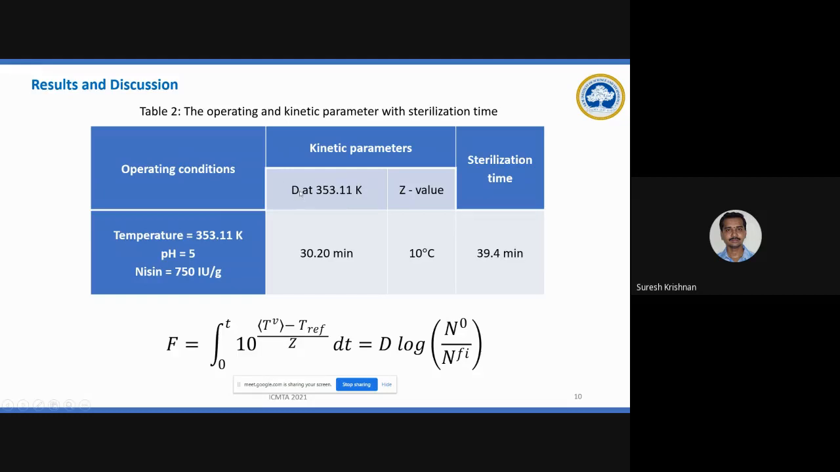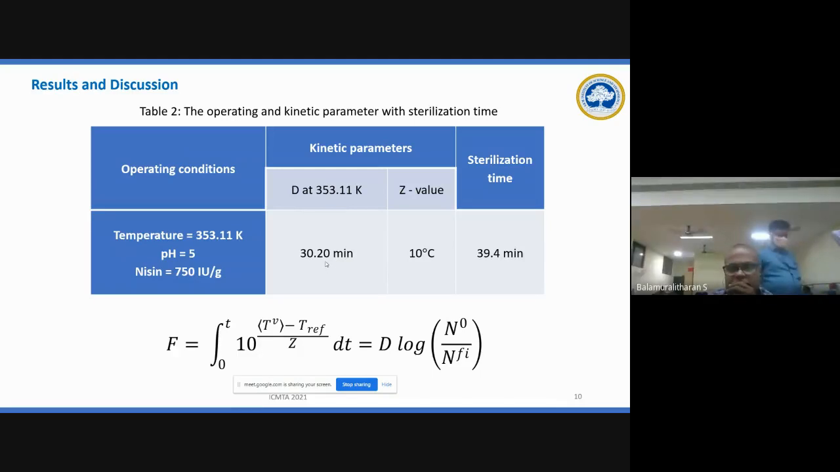It clearly says that D is the decimal reduction time. So the decimal reduction time says that 30.20 minutes, it clearly says that this is the time required to